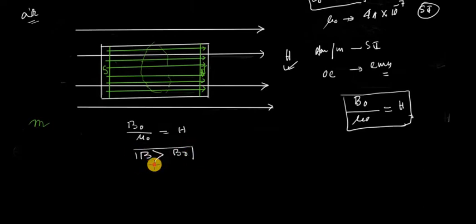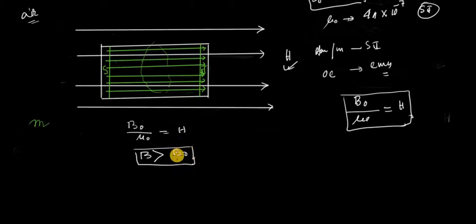Okay, so B0 corresponds to yellow color lines and B corresponds to yellow plus green color lines. Initially only white color lines of force are present there, but due to the presence of this magnetic sample, extra green color lines of force exist due to the magnetization by itself. Therefore, at this region, total lines of force increase. So initially only white color lines of force are there, but now white and green both color lines of force are present there. That means B is greater than B0.